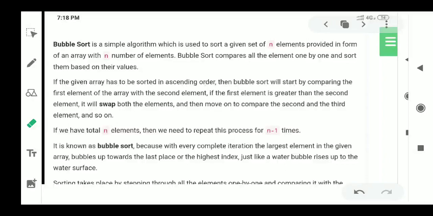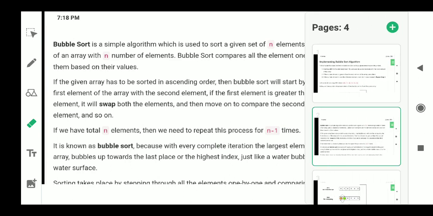In this video lecture, we are going to look at an algorithm called bubble sort. It is a very simple algorithm which is used to sort the elements in a given array. When compared to the remaining algorithms, it is a little bit easy to understand. First we will look at an example of bubble sort so that we will understand what the bubble sort algorithm is saying.